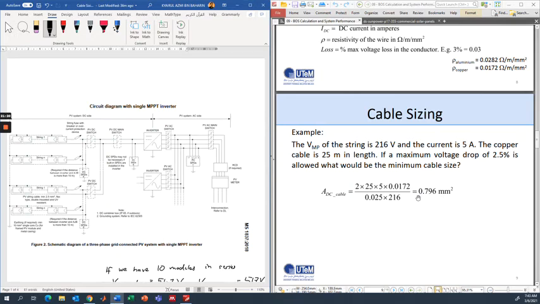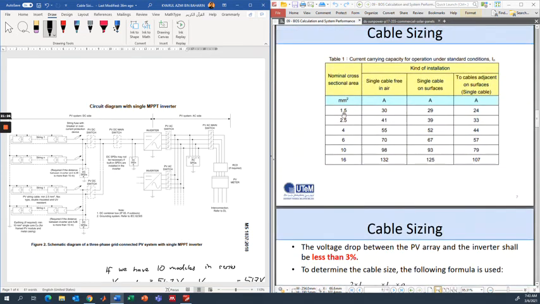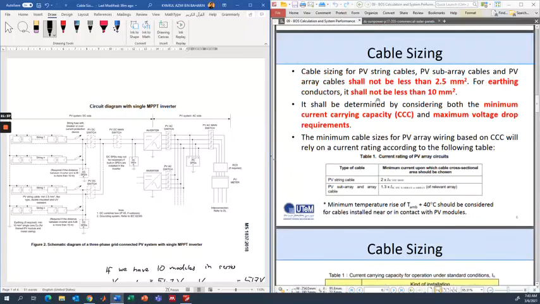Remember, even though you calculate 0.796, if we refer to the table, then logically 1.5 millimeter squared is enough. But the standard requires you to use a minimum cable size of 2.5.